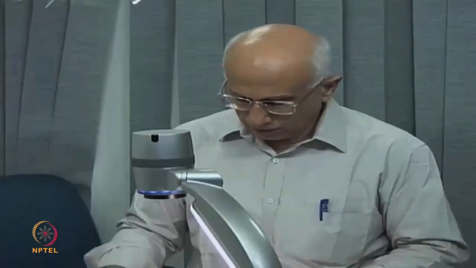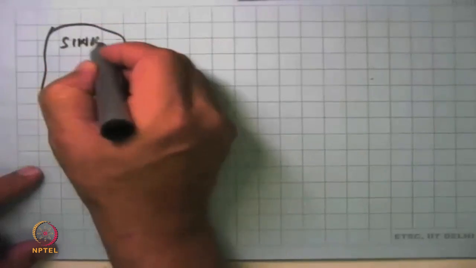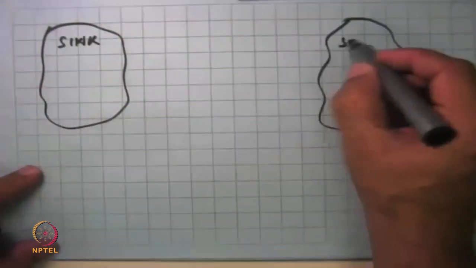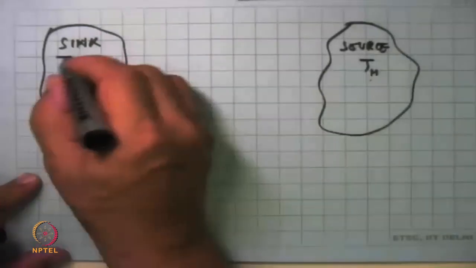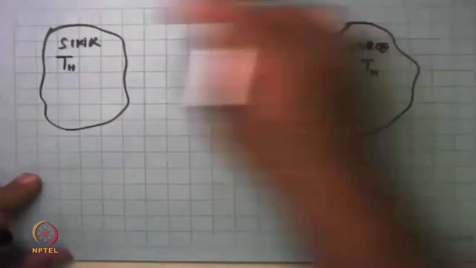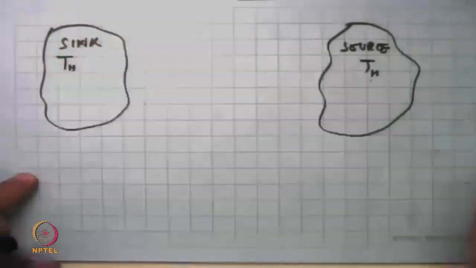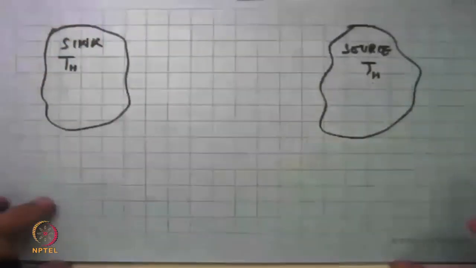Please give us an example of heat transfer from sink to source. Okay, I just gave that example, but I'll repeat it now. If I have energy transfer from sink to source, it will not happen by itself. So here there is a sink. Here there is a source. And this is at a higher temperature. This is at a lower temperature. If I just put a metal rod between them or any material between them, there will be heat transfer happening. We know that. Now if I want to make the opposite happen, what do I do?